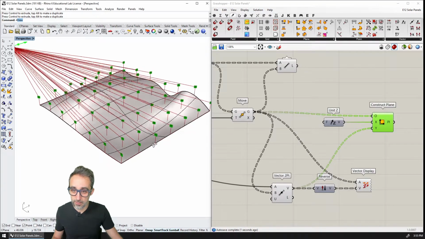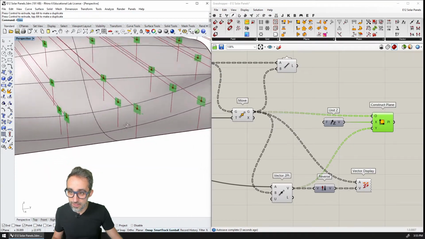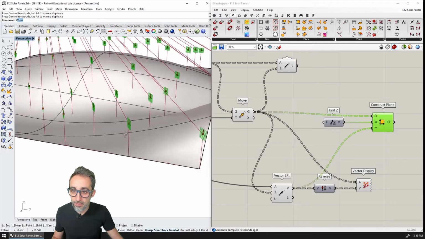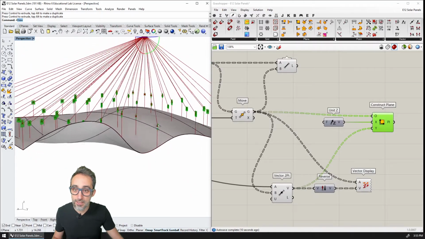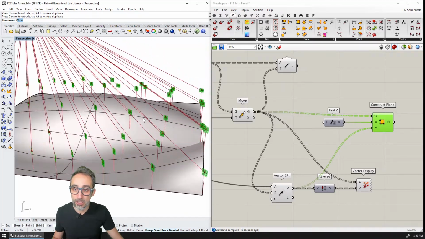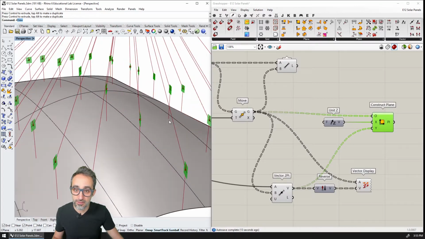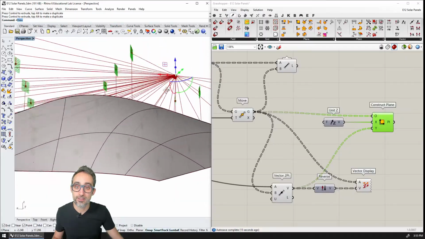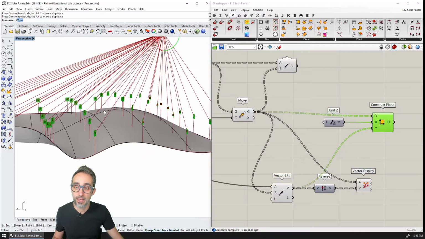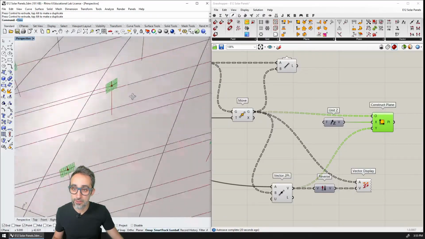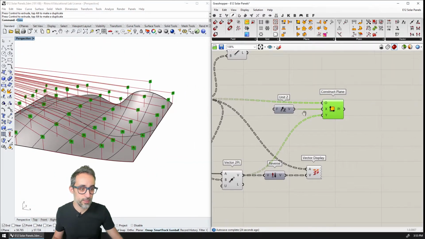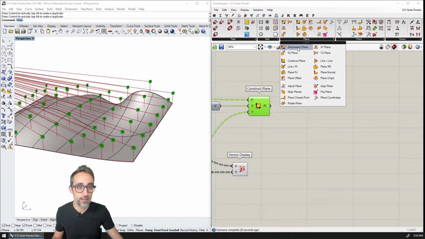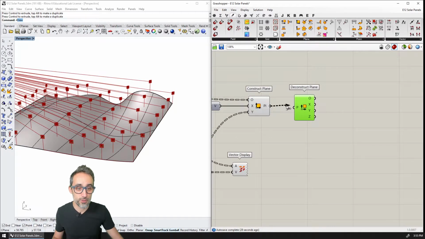And then as we do that, you can see that these vectors, these planes, are now all oriented towards the sun. You can see that they include the vertical and that they also include the sun ray inside of them. And then you can see how their perpendiculars, their normals, are perpendicular to this incident.